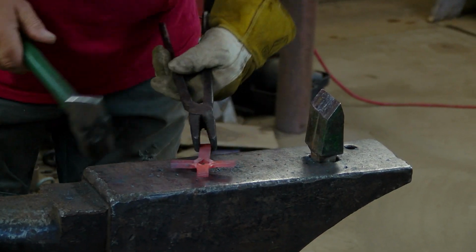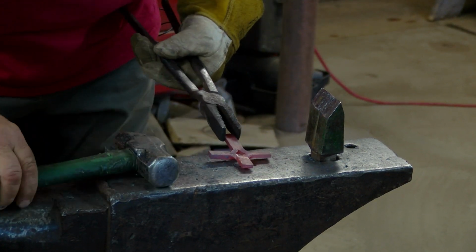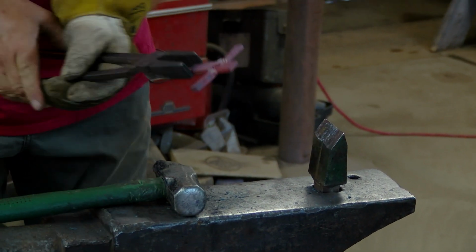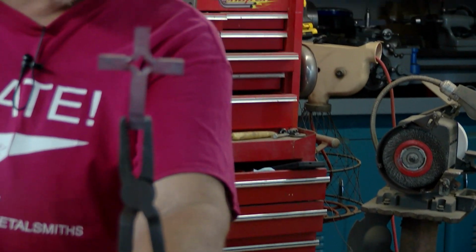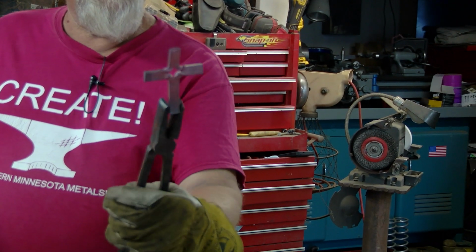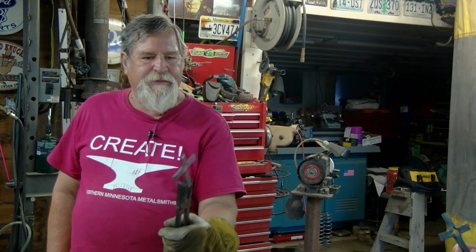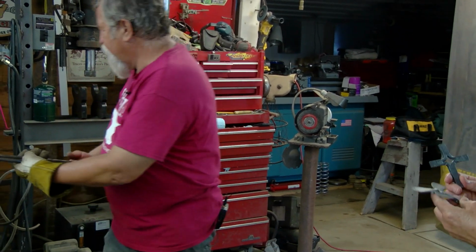So now we have the Frederick's cross. Hold that up a little bit, yeah. Yeah, that's very cool. That came out of that little piece of metal. So if we have a little more time, I'll show you how you...